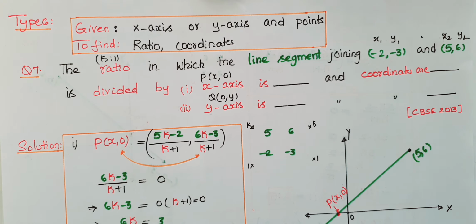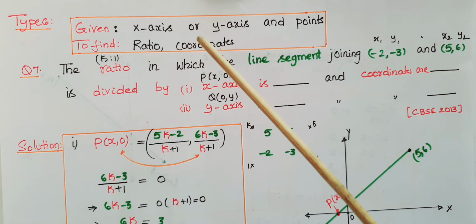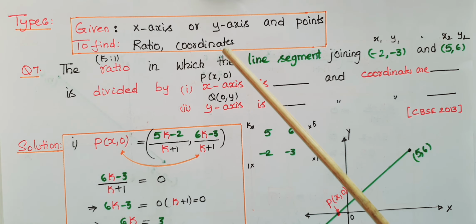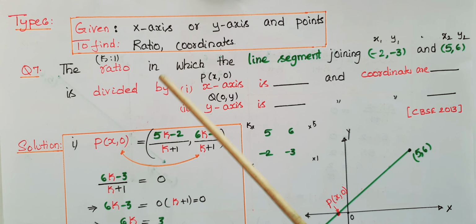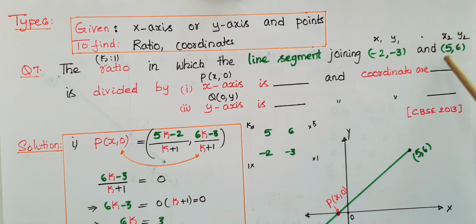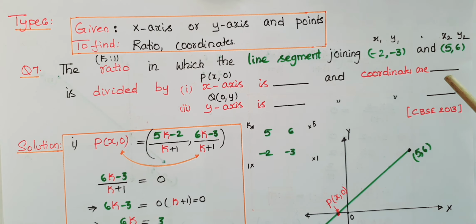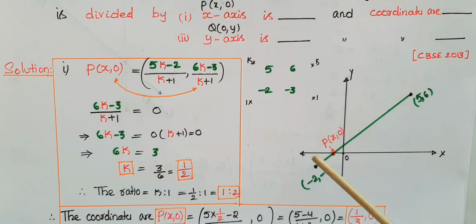This is another type of question. So here the given are the x-axis or y-axis and the points of the line segment, and we have to find the ratio and coordinates of the points. And the question here is the ratio in which the line segment joining (-2, -3) and (5, 6) is divided by, the first one is the x-axis is dash and coordinates are dash, and second one is the y-axis is dash and the coordinates are dash. Now see this graph here, this is the x-axis and this is the y-axis and this is the